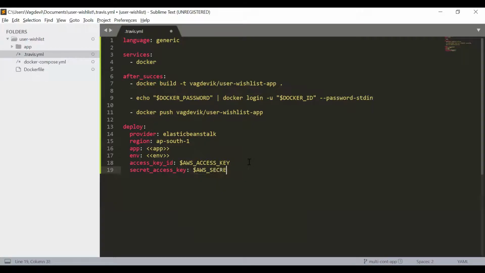AWS secret key. Okay. Then we will mention the bucket name which should be accessed by this. So we will fill it later once we create the application. Then bucket path. Bucket path is, let us write it Docker. Okay. Then